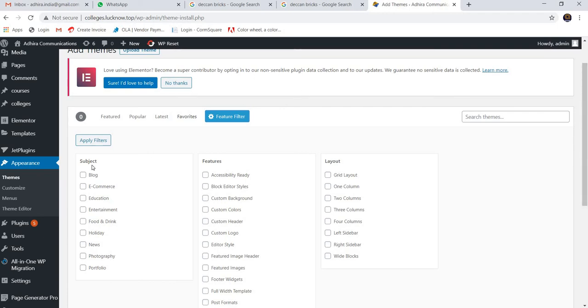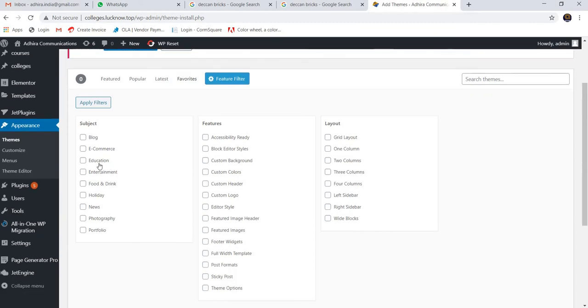Come back to the subject list. There is blog, e-commerce, education, entertainment, holiday, news, photography. If our website belongs to e-commerce, then click the e-commerce button and apply filters.